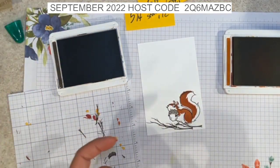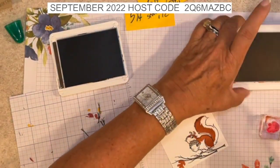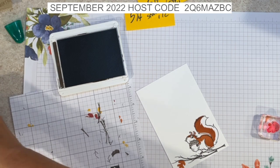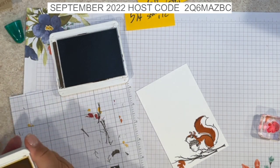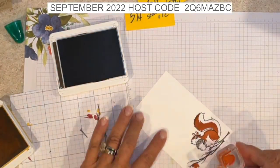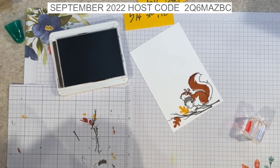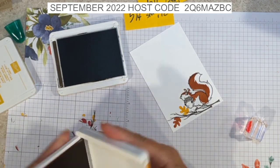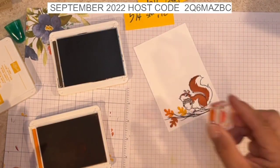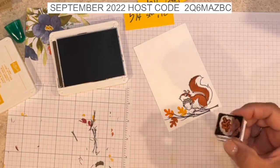And then while I've got this all out still, I'm going to take my Cajun Craze. I'm going to give it a leaf. And I'm just going to add one of each of these. It's not going to be intense like it was before. I'll just add a Crushed Curry and a Pumpkin Pie. Good enough. And then we need those veins back in here. So,